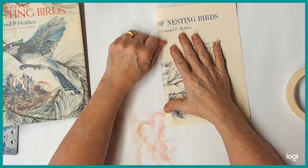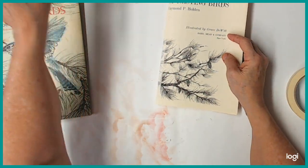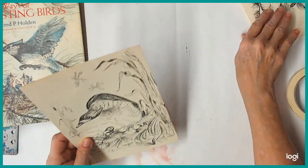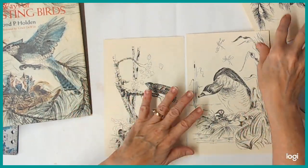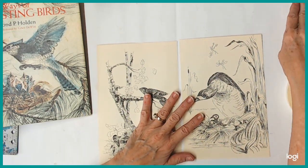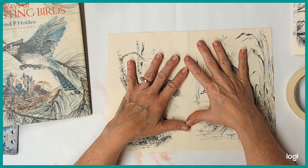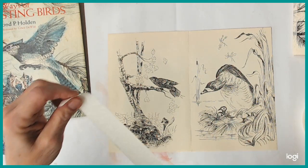I was having a hard time finding pages. There were so many pages I wanted to put in. And when I started trying to dig them out and go through the different books and see what I wanted to put in there, I was having a hard time choosing because I have a lot of books I want to use. And if you're only using 16 pages altogether, then